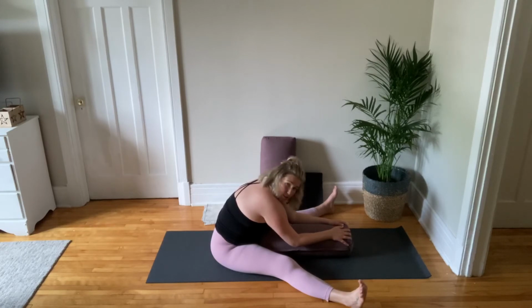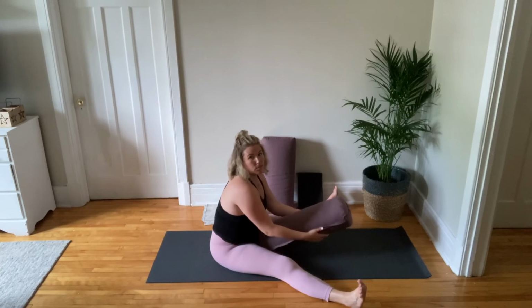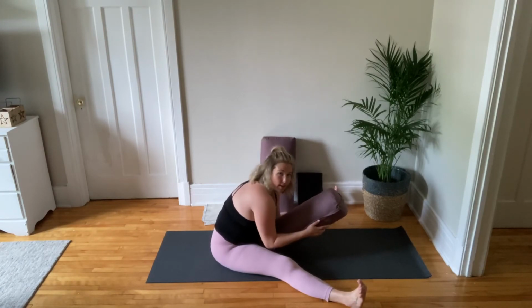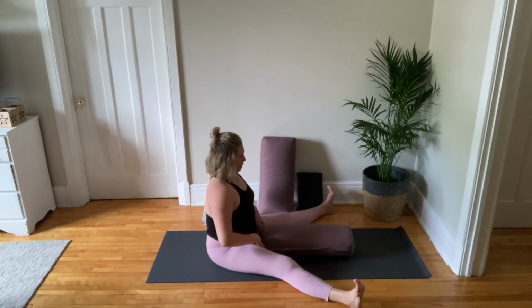And if this is still too low to the ground, you can add stacked blocks at the top of the bolster, and that way you can come down comfortably to the correct height that works for you. In our forward wide-legged fold, this stretches the back of the legs and the spine, as well as the inner